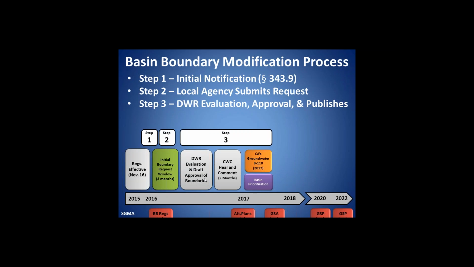From this, we are required to present to the California Water Commission to hear and comment, and that also has a 30-day comment period associated with it. So we gain as much information as possible to finalize these basin boundary modifications. At that point, we will finalize these and document them in an update to Bulletin 118